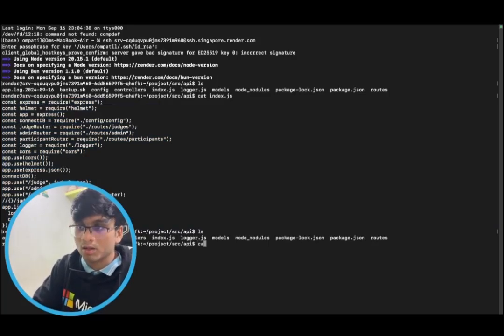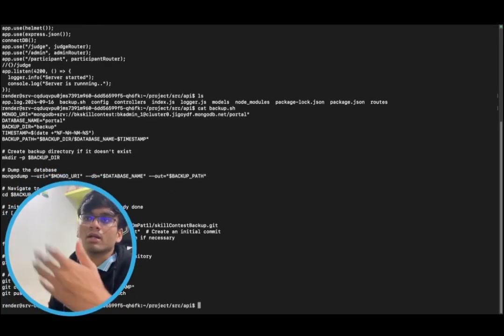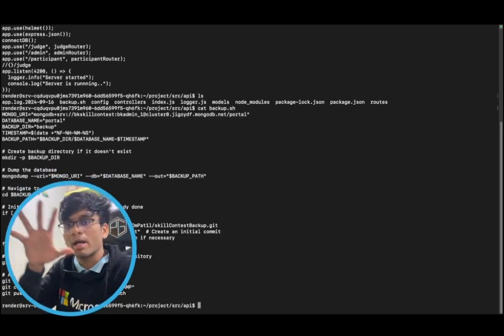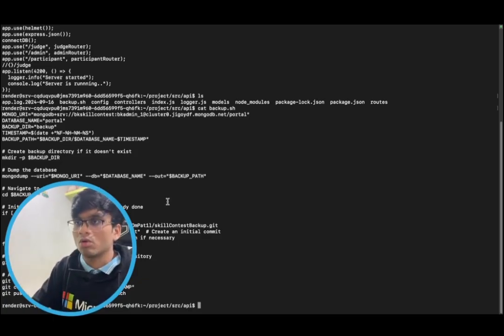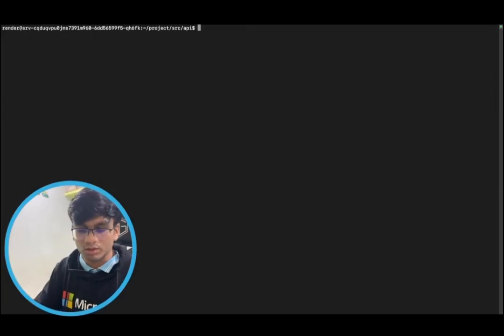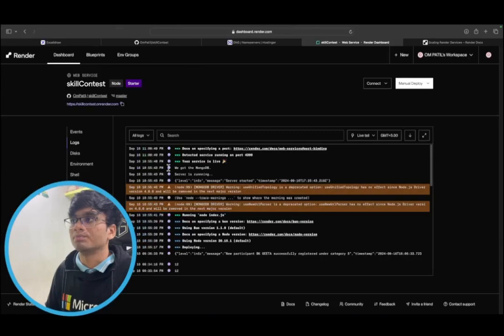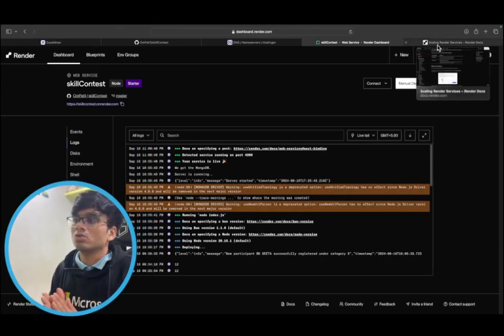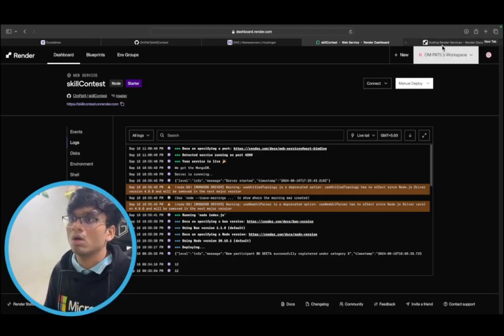We have backup. The backup file is just to show you that whenever I run this particular bash script, all my MongoDB data is backed up to a GitHub repository. This is just to show you how to log into a remote server. I'm just exiting this to get to my local machine. Cool. Now I'm going to go to Mongo